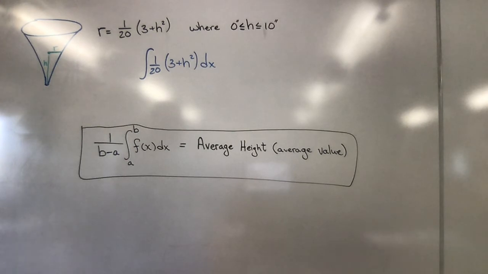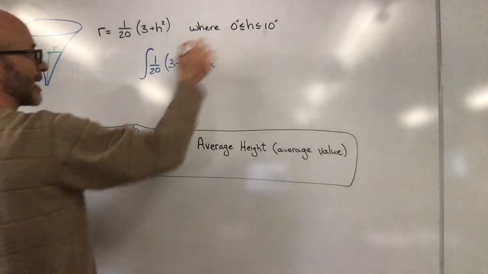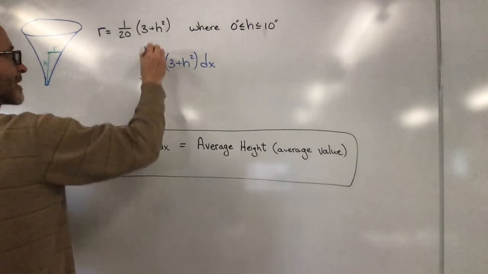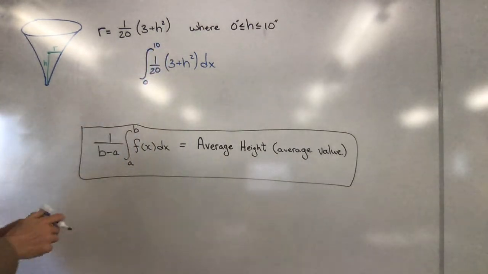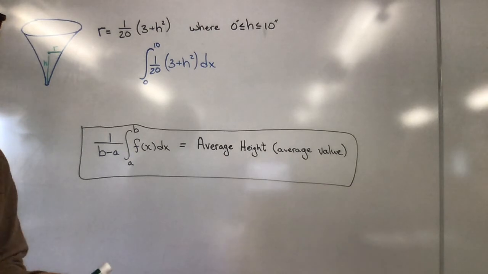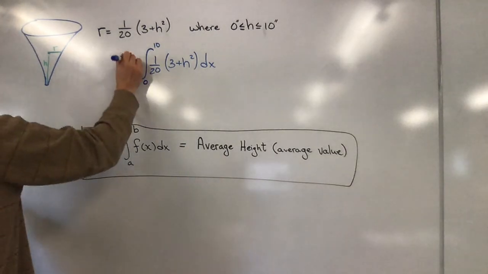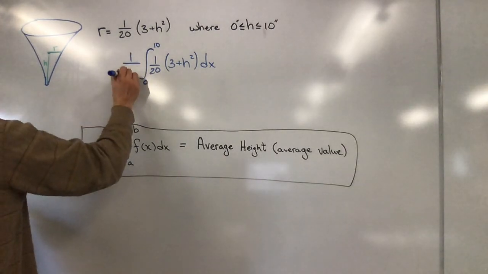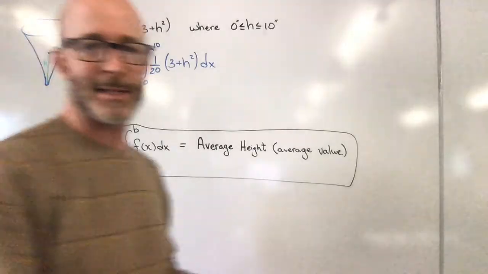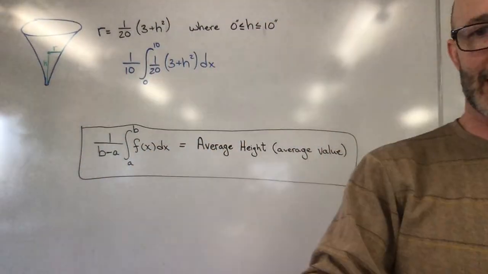Well, to do this, you know that you're going to take the integral. Then you need to know the limits. If the height goes between 0 and 10, that's going to be my limits, a lower and upper limit of 0 and 10. Then finally, for the average height, you need to make sure that you divide by the width, divide by B minus A. And you can use your calculator on this part to find